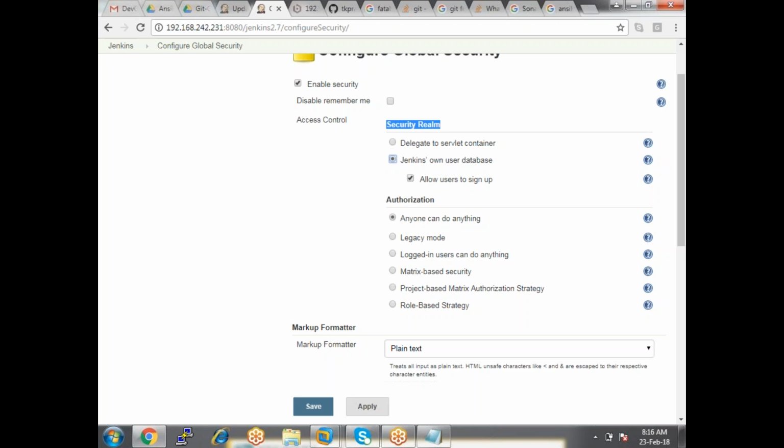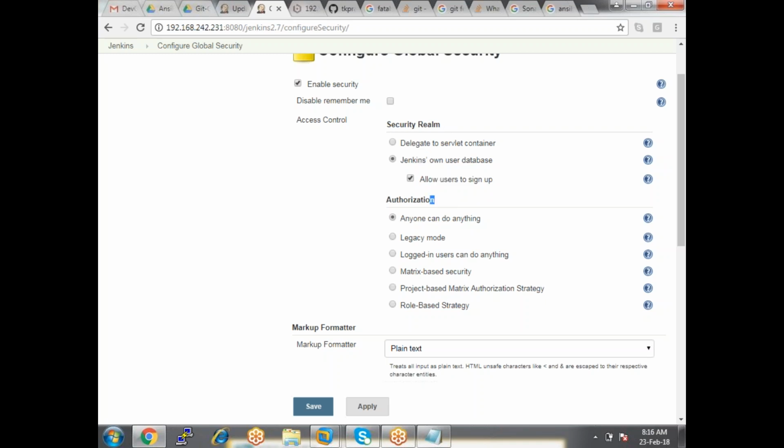So we always create users within Jenkins itself by using this option. Here I select this option, and then here we have one more option called allow users to sign up. That means any user can sign up to this application.